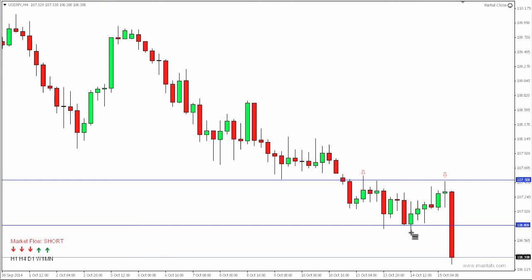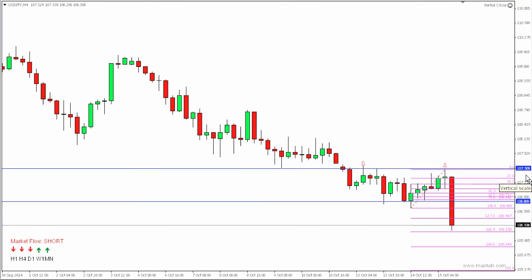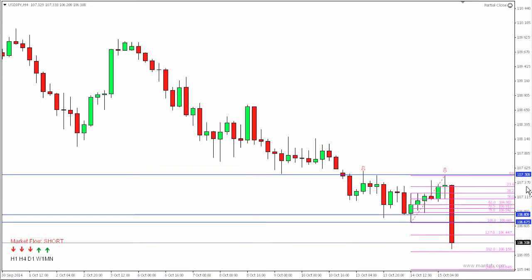As far as target goes, as you probably can see, the 127 level was reached, so the first target was reached. The 162 level is pretty much within reach, but we could see price retesting this low right here before it drops. This low right here, the 100% comes in at 106.70-ish level before it goes for the second level. It also would come hand in hand with what I expect will go on with the S&P 500, and